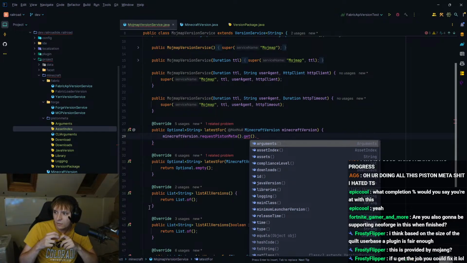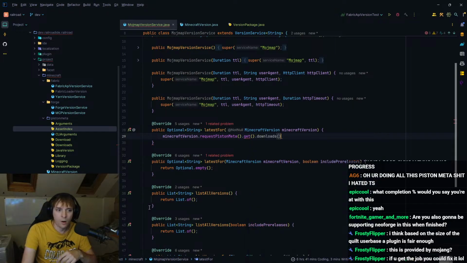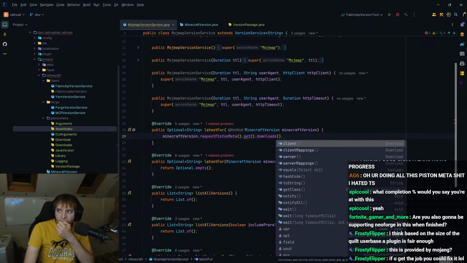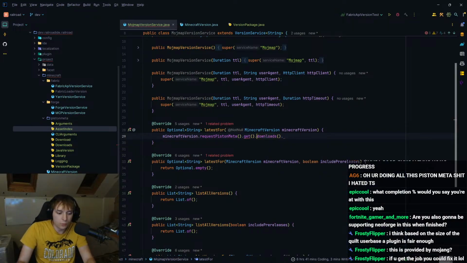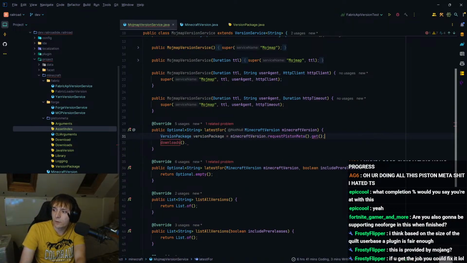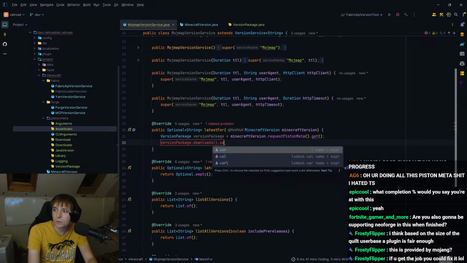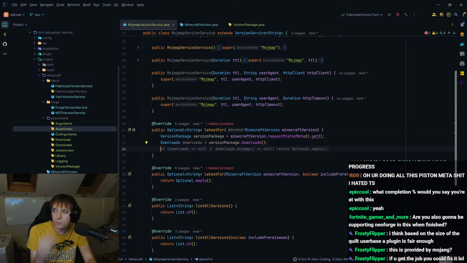What am I getting? I'm getting the downloads. Let's see. Oh, if the mappings exist. So I can do .var, which will get the version package, and then I can do version package .downloads, .var, which gets the downloads.